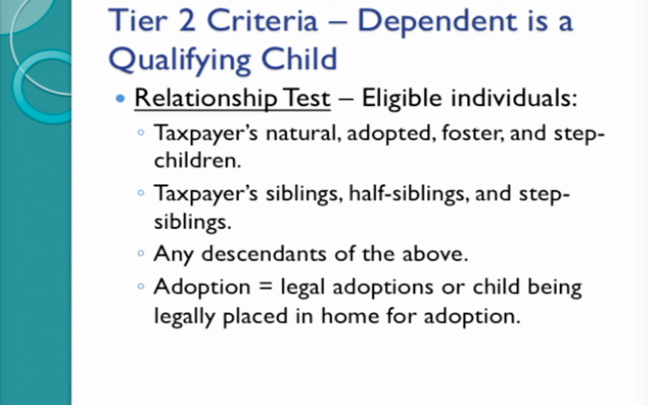This is the first of the 4 tests to ensure a dependent is considered a qualifying child. And again, like I said, under the Tier 2 guidelines, and remember you have to meet both Tier 1 and Tier 2 criteria, there are 2 options that you could qualify as a dependent, either as a qualifying child or an other qualifying individual. So as a qualifying child, there are 4 tests that you must pass in order to be considered that. And so with respect to how you are related to this person, that would be the first